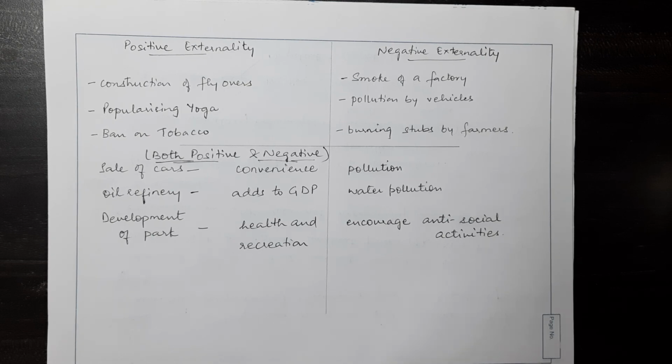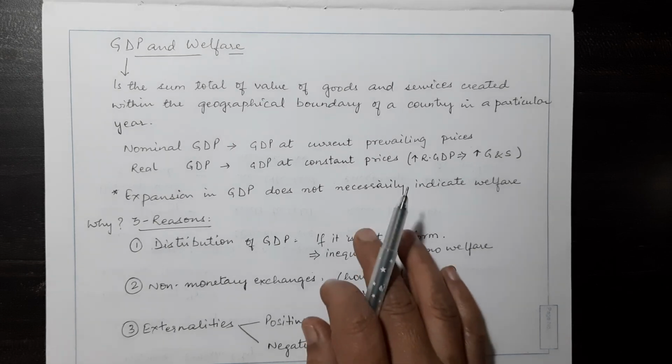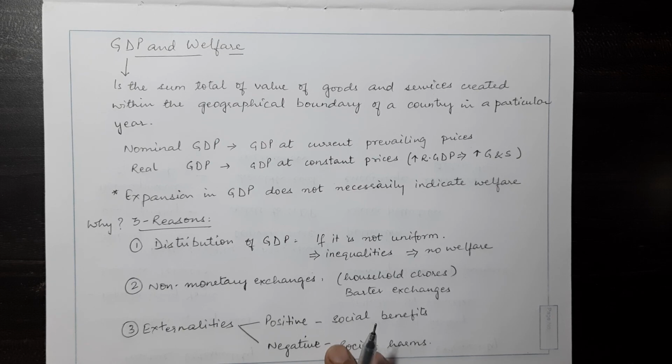The other limitations that we learned, questions are related to those limitations also. Certain case-based questions can be asked, like, India's GDP is expected to expand. What does the statement mean, whether the welfare of the people will increase or not? Here you can talk about all the three limitations. Then certain questions like managing water pollution and oil refinery, things that relate to the externalities that we discussed just now. Also, what are non-monetary exchanges, and how do they contribute to GDP? That's also one of the questions that is asked.